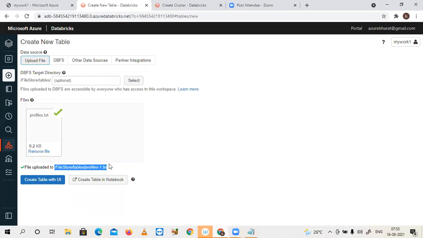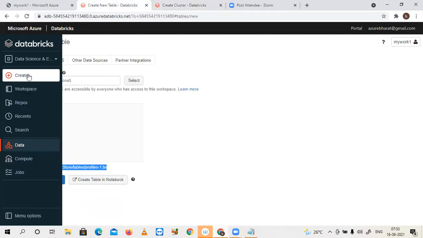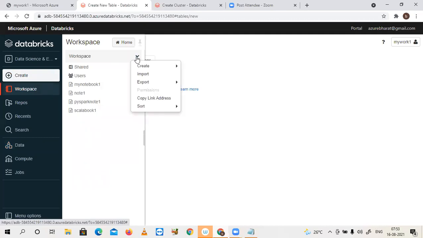I want to read this data from the Spark cluster. This is your cluster. Unnecessarily I had closed the previous notebook. Okay, not a problem. Once again, I am going to launch the notebook.